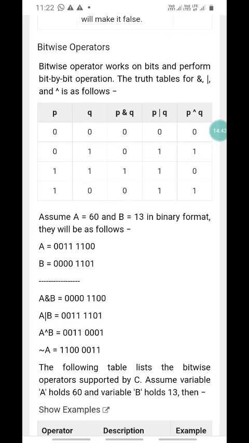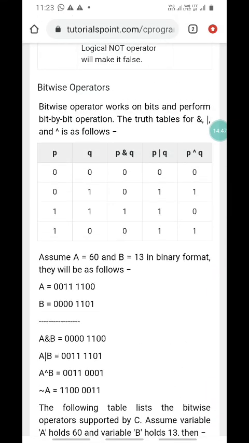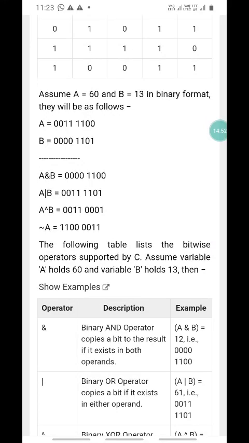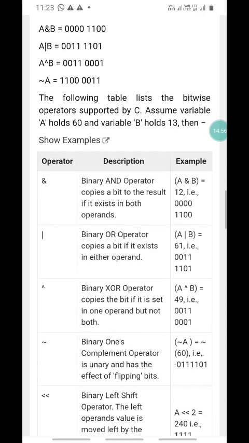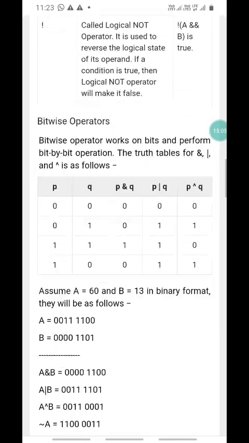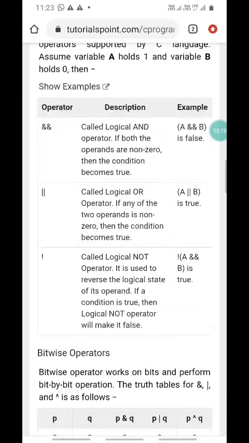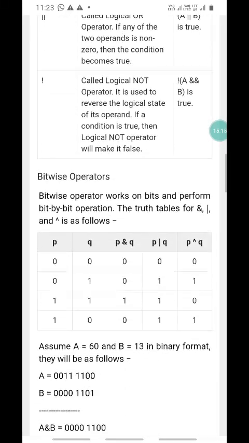We also give you the detailed notes of bitwise operators. Please note down the logical tables and examples of bitwise operators. In your exam, the question will ask you to write the operators in C++, so you have to mention these operators with examples also. The detailed notes of bitwise and logical operators I will give you in the next lecture, so don't worry and don't panic.